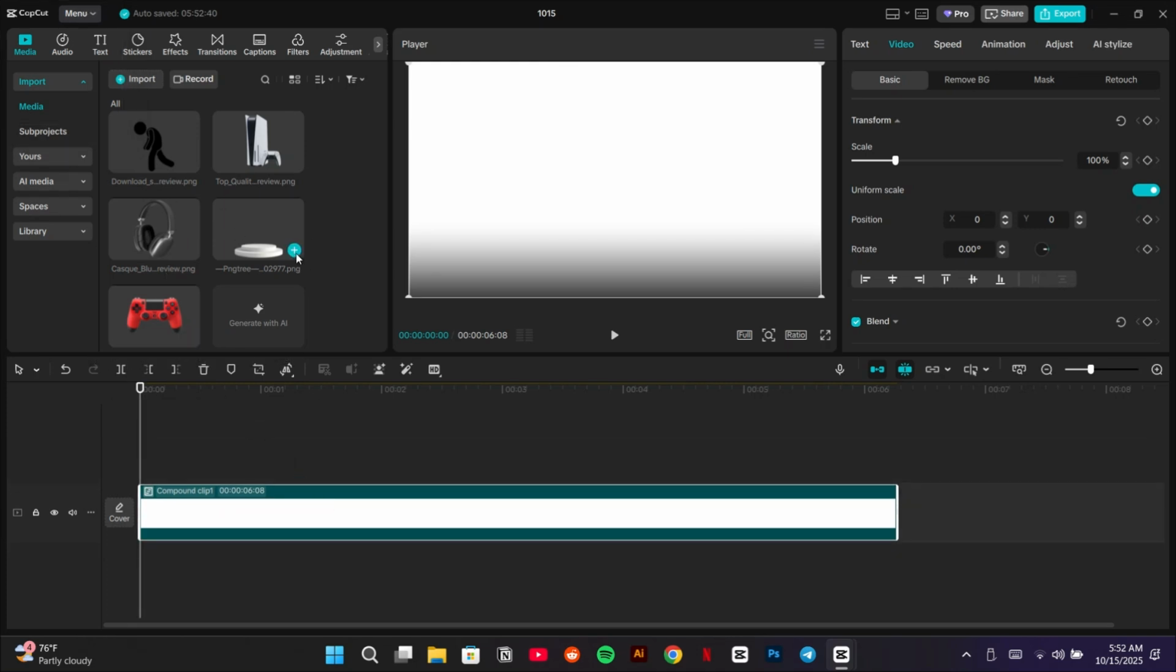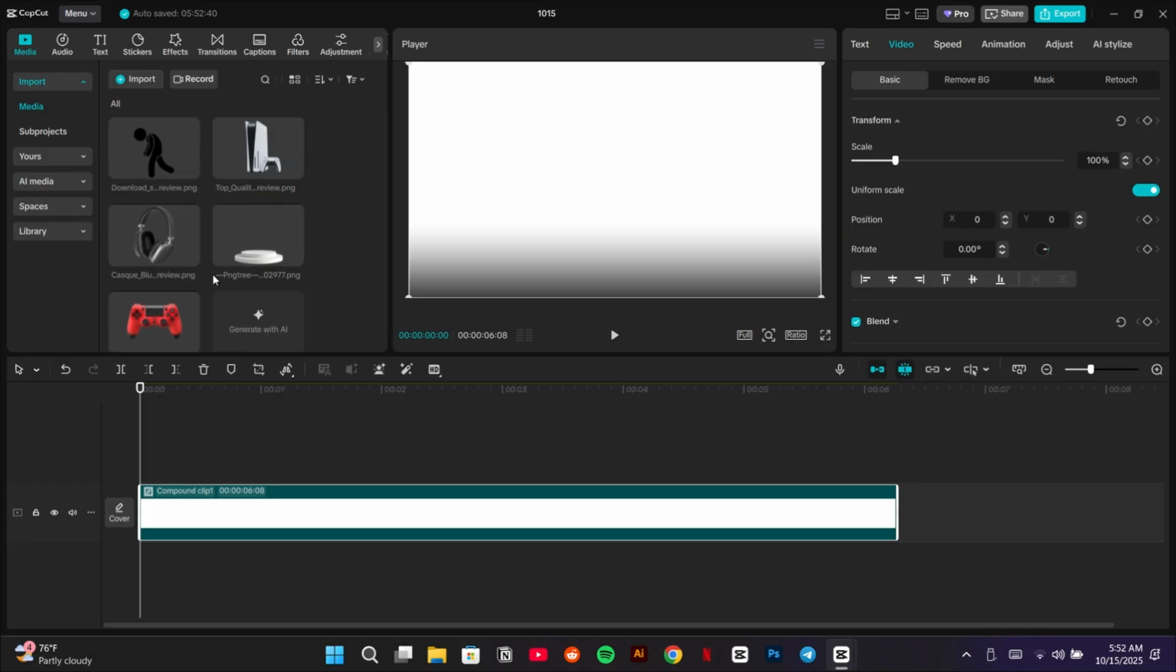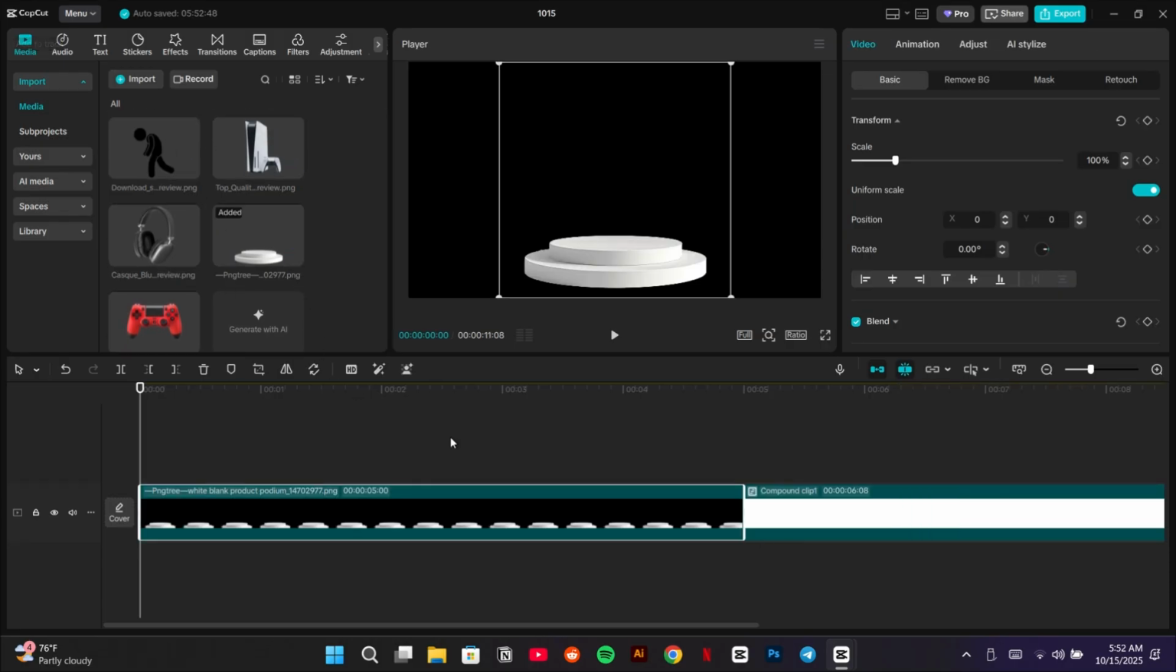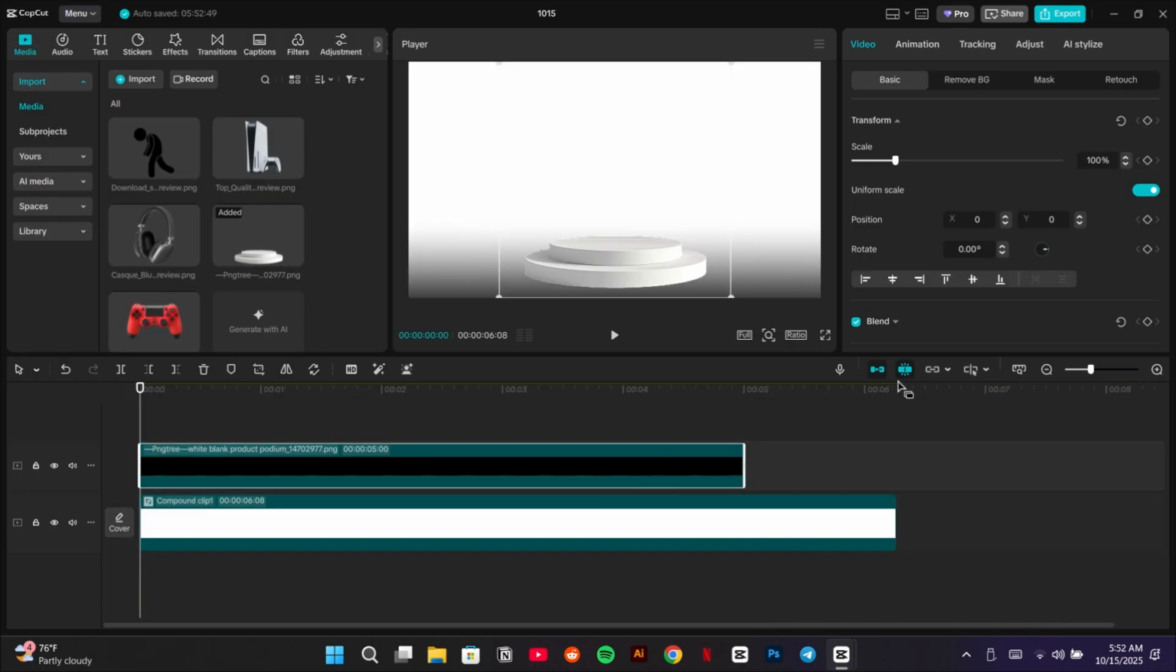In this video I'm going to be showing you how to use keyframes inside of Capcut. I'm going to be editing a simple animation just to be able to show you how you can use keyframes in Capcut,